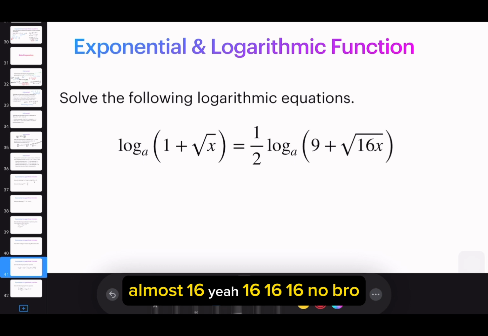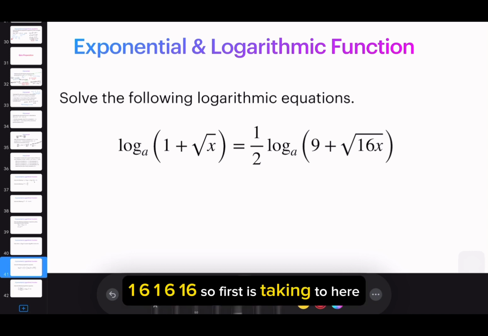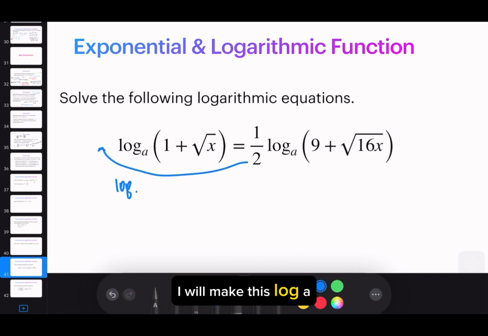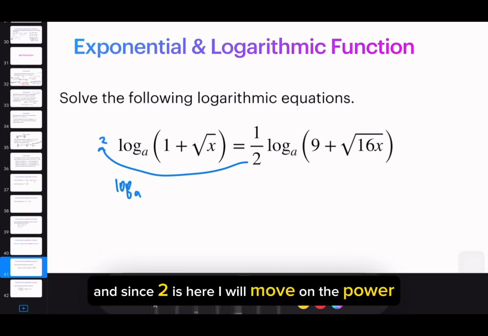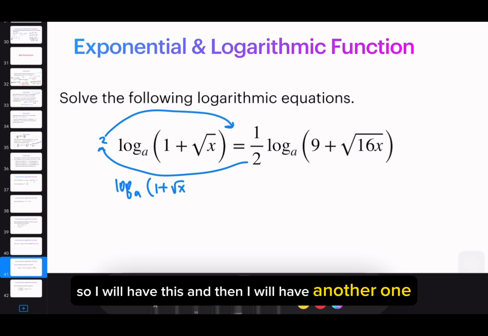Almost. 16. Yeah, 16. So first is taking 2 here. I will make this log a, and since 2 is here, I will move it onto the power. So I will have this, and then I will have another 1,